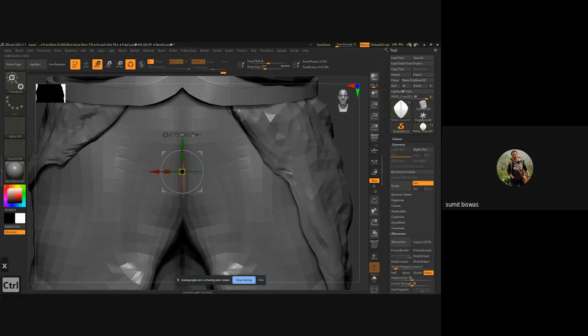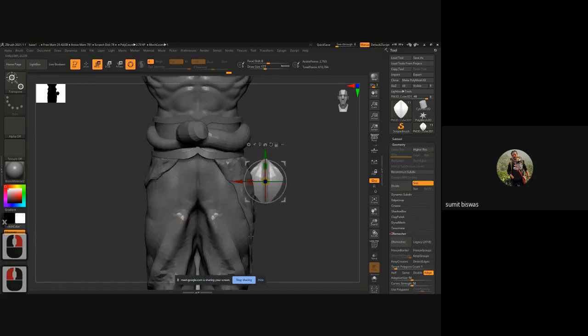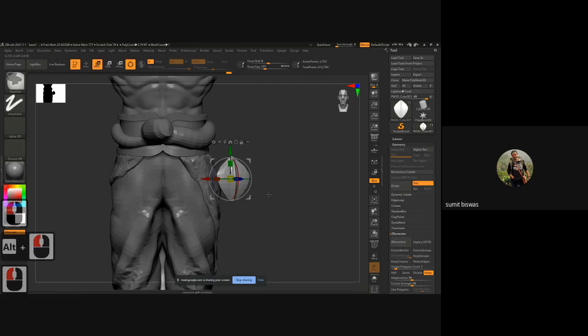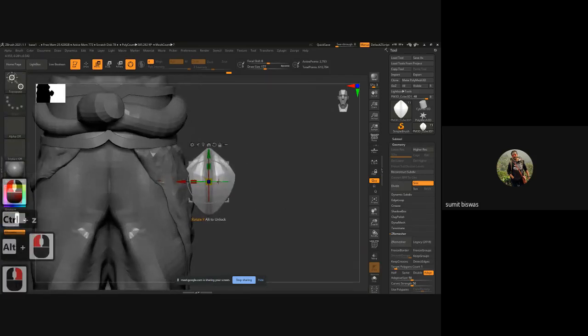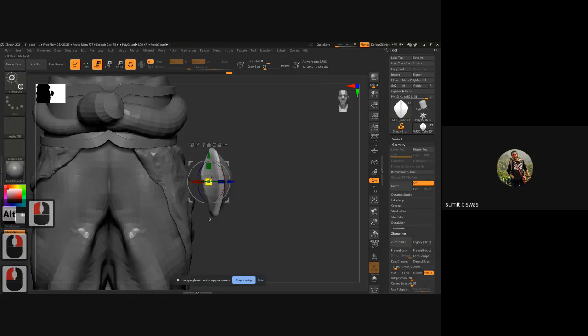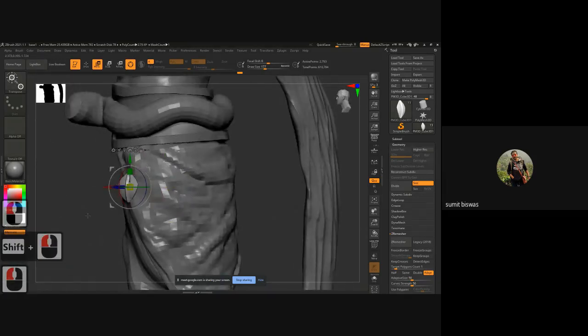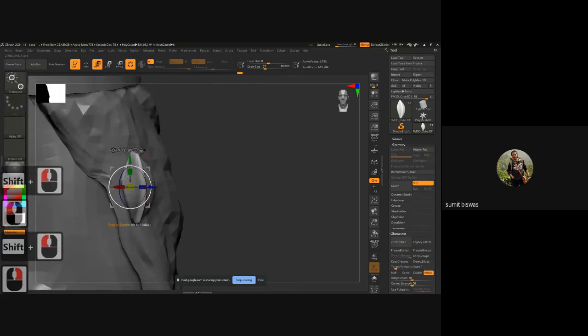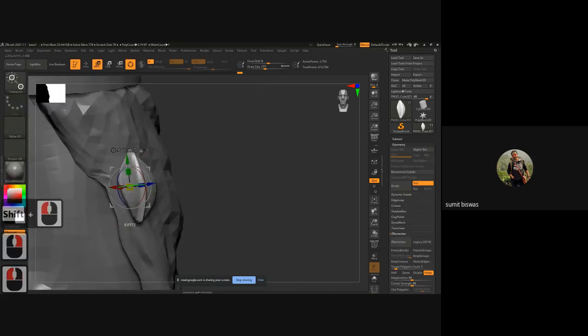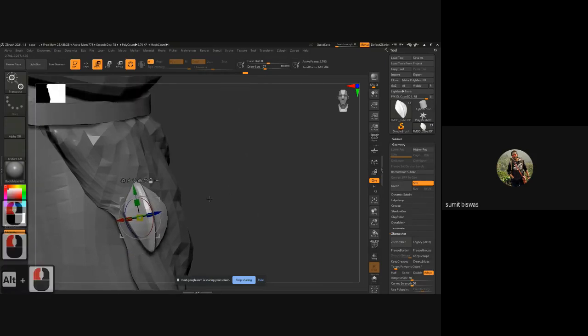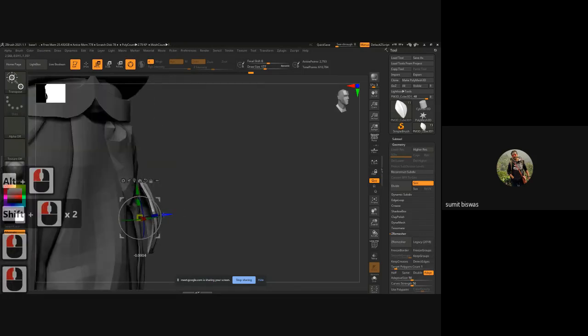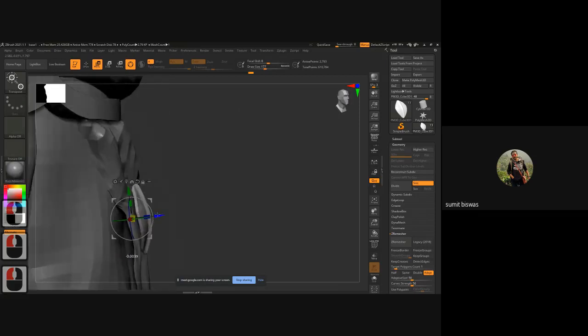Now symmetry off, push it outside. I can rotate this and resize, get the desired shape and size, push it outside, rotate, place it nicely, and push it slightly inside.